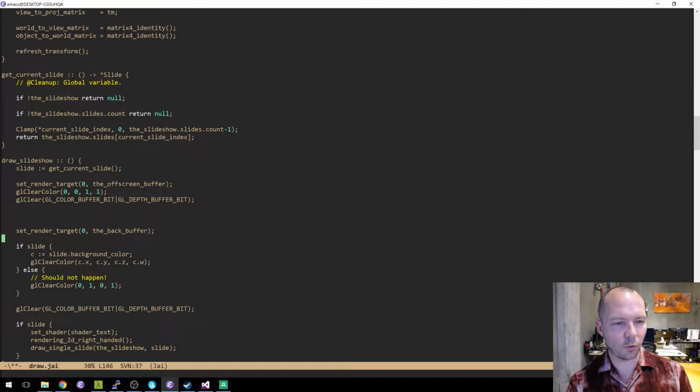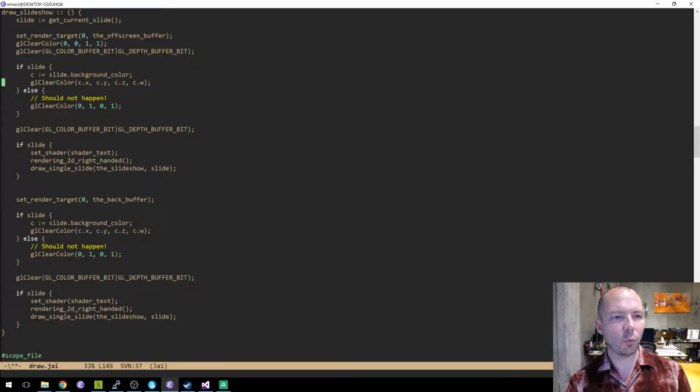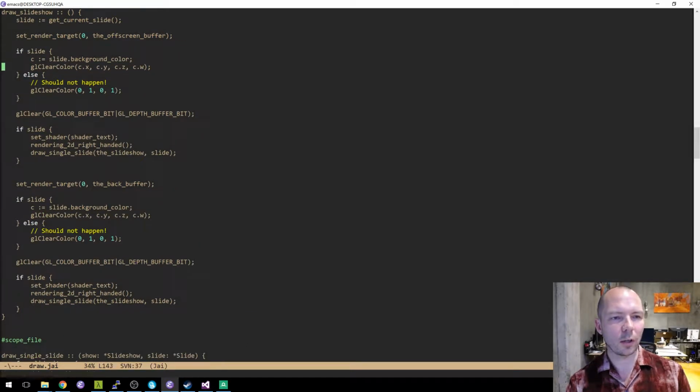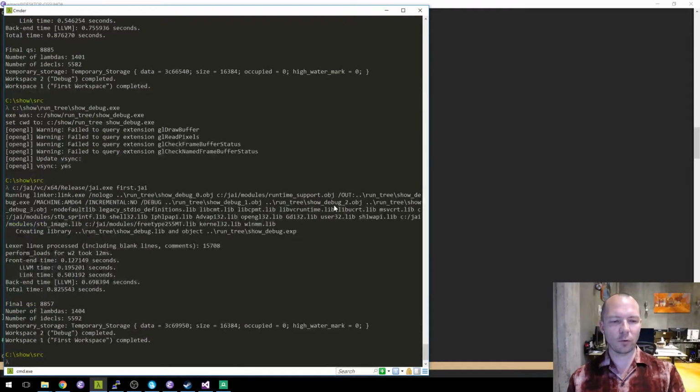You know what? We're just going to do the following. We're going to paste all this code again. So we're going to get rid of our blue here, and we're just going to render the whole scene twice, right? Because this clears the color and draws a slide, and this clears the color and draws a slide. So we're just going to draw the same thing to both buffers right now.